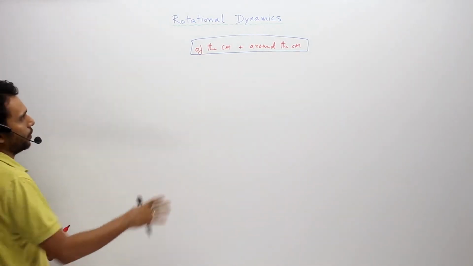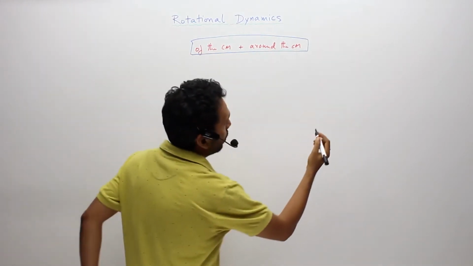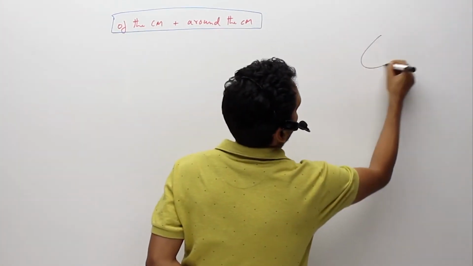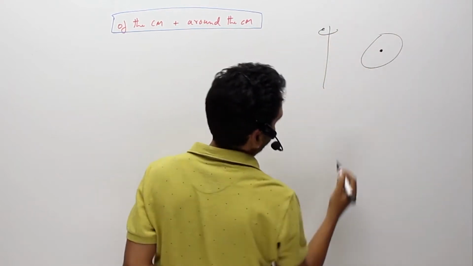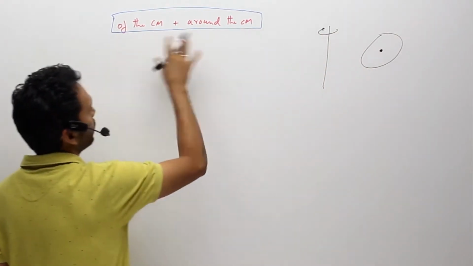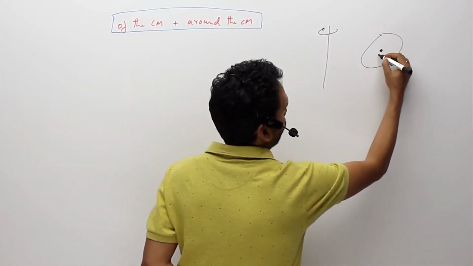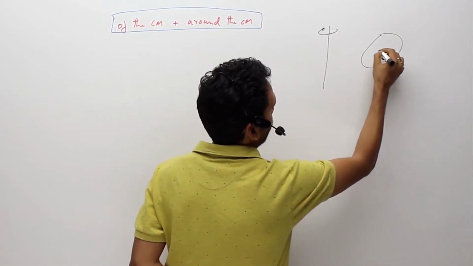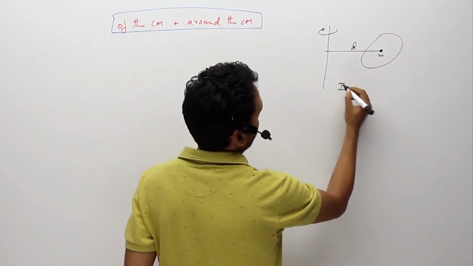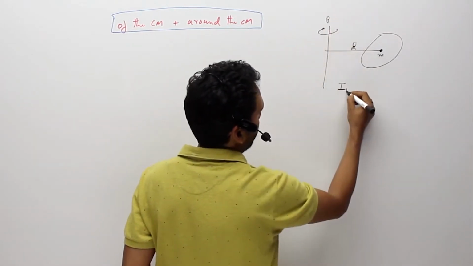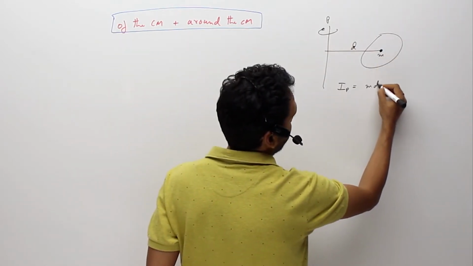Now all these formulas will have this kind of component of the CM and around the CM, as you have seen in moment of inertia of, say, this body around this axis. Now how do we apply of the CM and around the CM? Of the CM means as if the whole body was at the center of mass. So the center of mass was, say, d distance away from the axis of rotation. So the moment of inertia about this axis, say the axis is the P axis, moment of inertia around the P axis of the CM would be md square.